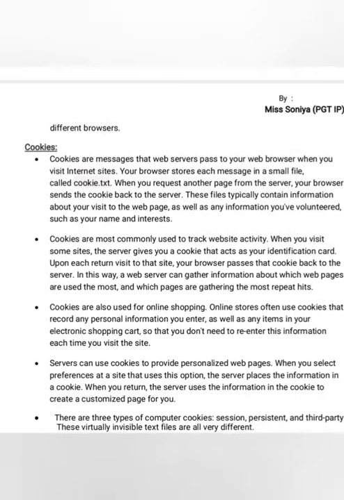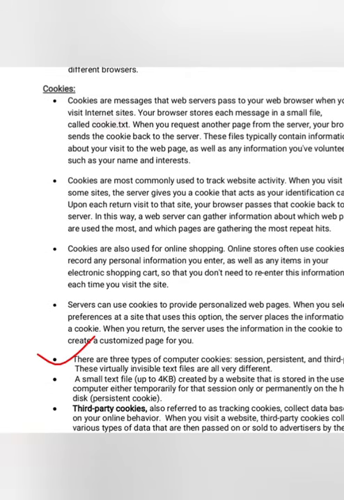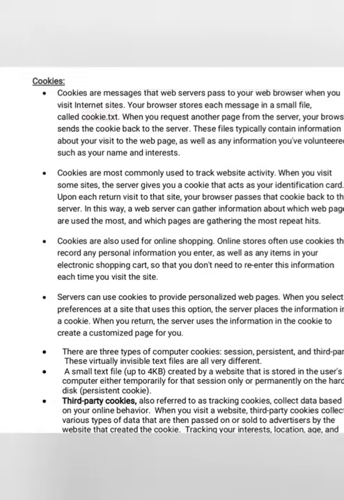One more thing we need to understand is the types of cookies. Here are the three types of cookies: first is session, second is persistent, and third is third party. Session is the cookie which is prepared only for a particular period of time, enabled for a particular session.